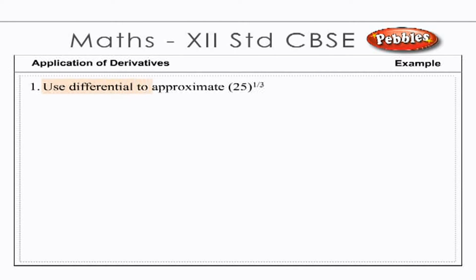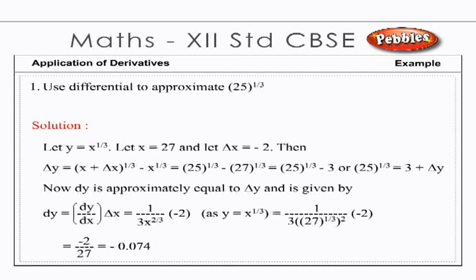Use differential to approximate 25 to the power 1 by 3. Solution. Let y is equal to x to the power 1 by 3. Let x is equal to 27, and let delta x is equal to minus 2. Then delta y is equal to (x plus delta x) to the whole power 1 by 3 minus x to